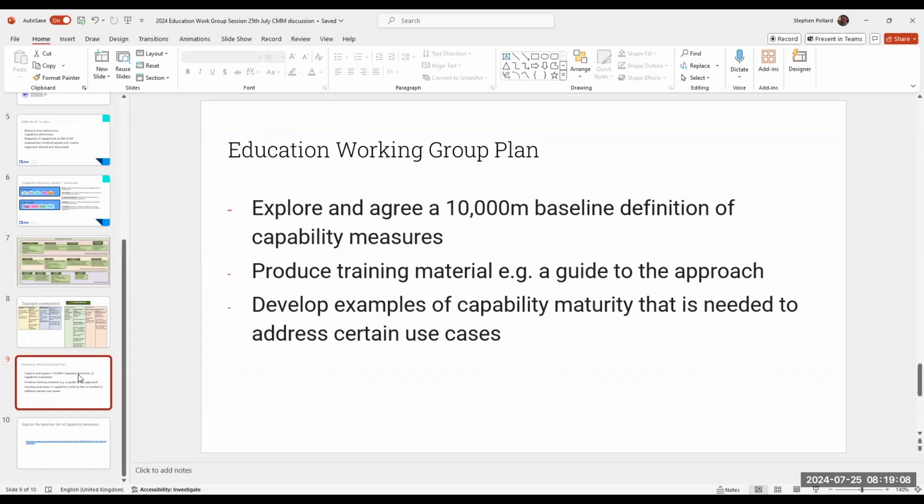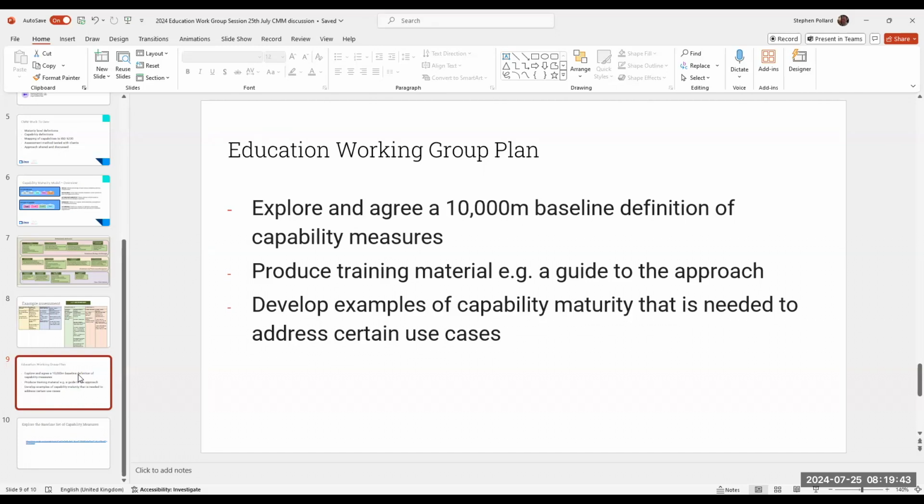And that's something that's been drafted and is being drafted, and the link has been shared. What we're very much hoping is that through these calls, people will comment and contribute with us to that work with the other members of the education working group, so that this material can be published and produced, presumably with a guide or a how-to document explaining it, so that it can then be shared